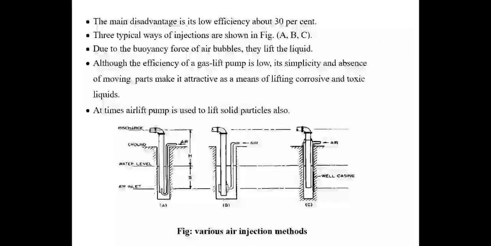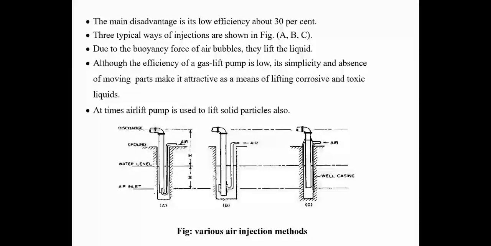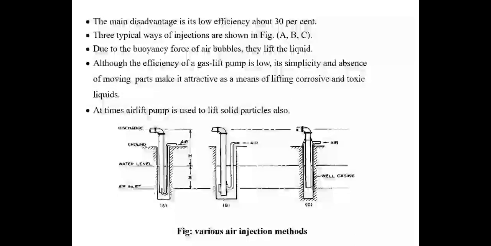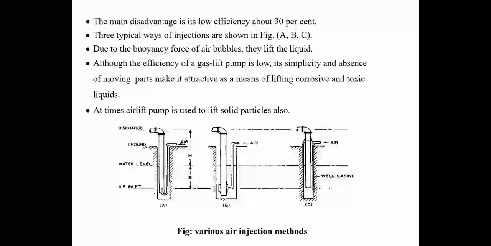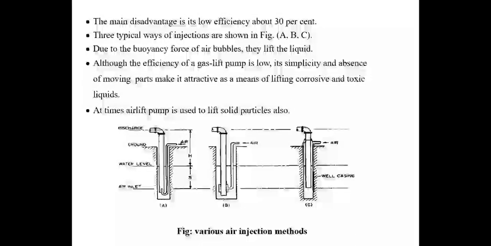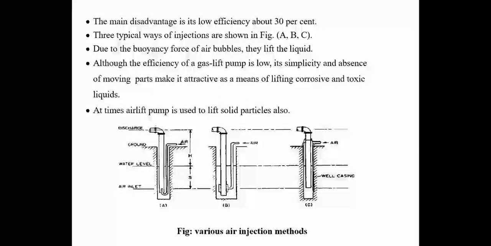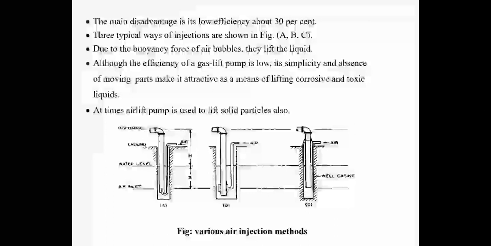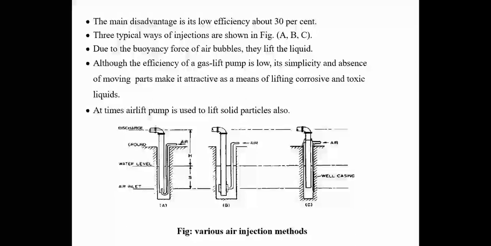So there is a well. Okay, here there is a well, or water source. This is the level of water in the well. Now what we will do is supply air at the bottom of this water source. So we will supply high pressure air at the bottom of this water source. At that time, what will happen? The high pressure of this air pushes the water up. So then the water will enter into this pipe and it will be discharged out.